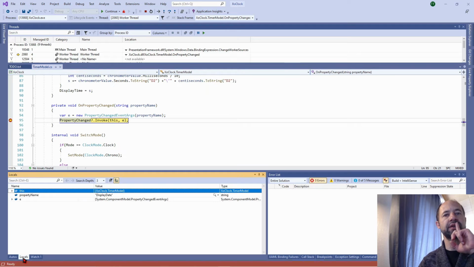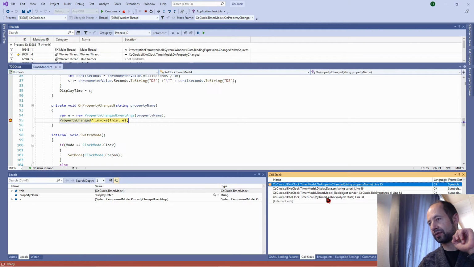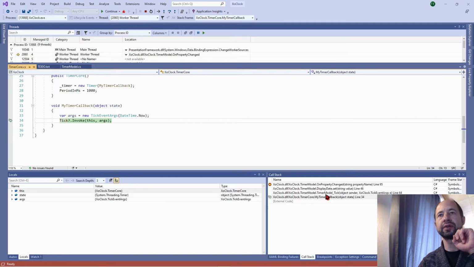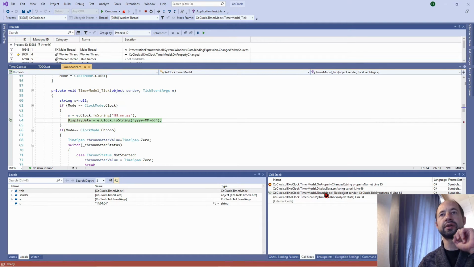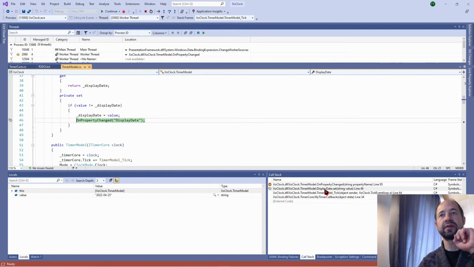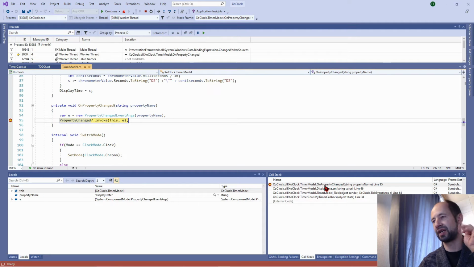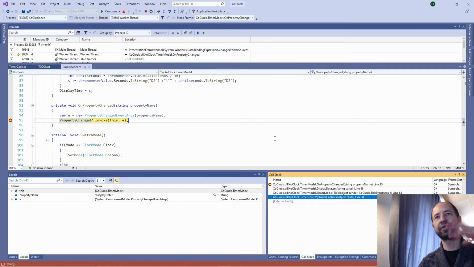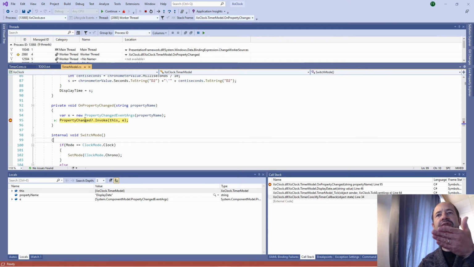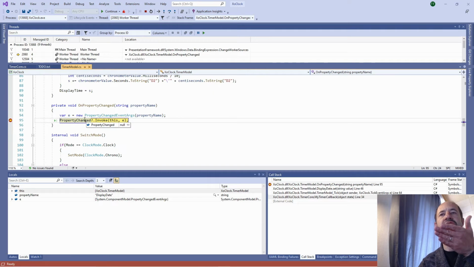Let's recap how the code is working. Here we see that the callback has been triggered, that the tick has been triggered in the call stack. Then the set date, then the on property change has been triggered. But let's focus on the property change event. So you see, at the startup, the property change is null.